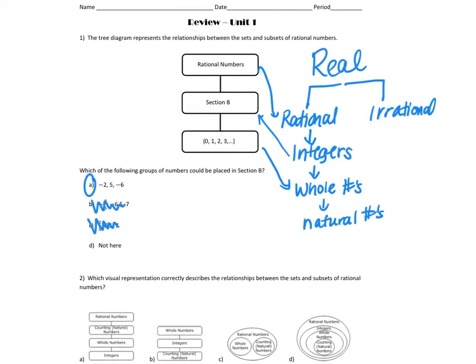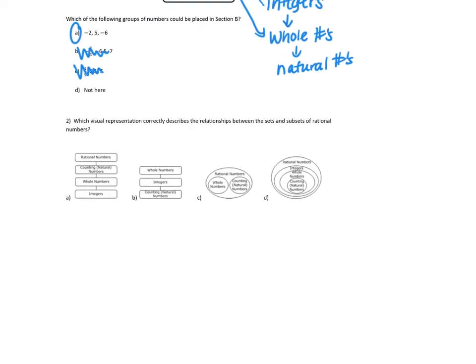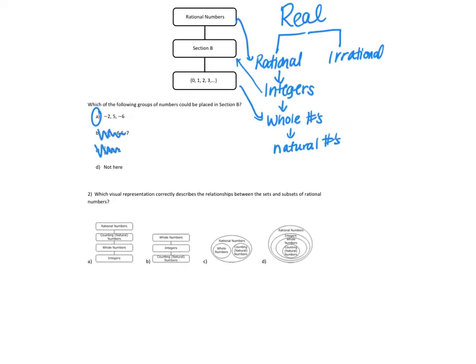Number 2. In which visual representation correctly describes the relationship between the sets and subsets? Okay, so that's talking about those concepts we just talked about. And if you look, rational and then counting is not the order. Whole, integers, counting works, but it has to be under the rational umbrella. So rational is not just whole and natural, it's also integers. So it only leaves answer choice D there. Okay, Number 3